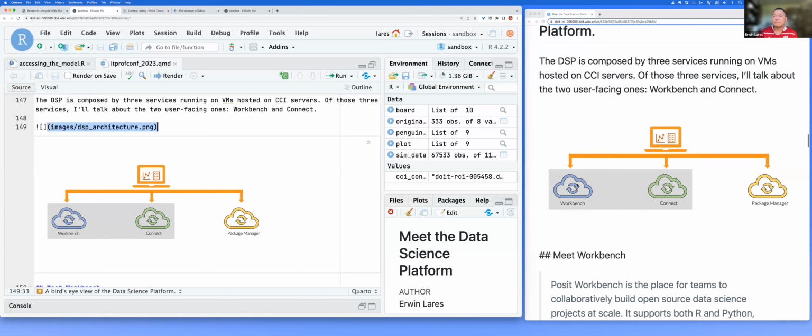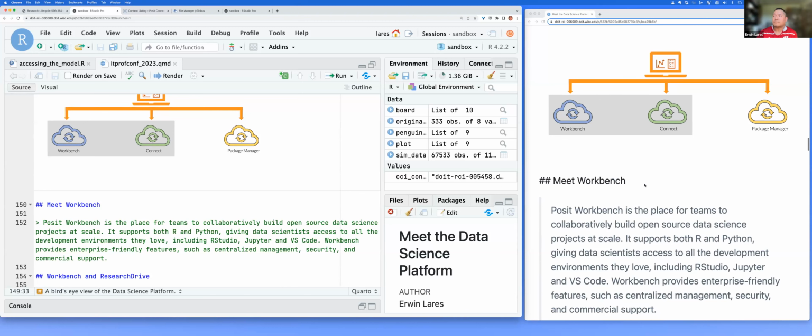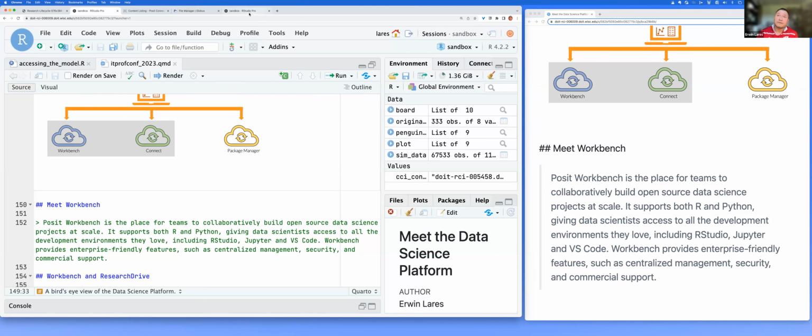Now, Workbench, and this is directly from their website, is the place for teams to collaborate and build open source data science projects at scale. It supports both R and Python, and it gives data scientists access to all the development environments they love, including RStudio, JupyterLab, and VS Code. It provides enterprise-friendly features such as centralized management, security, and commercial support. And what Workbench looks like,